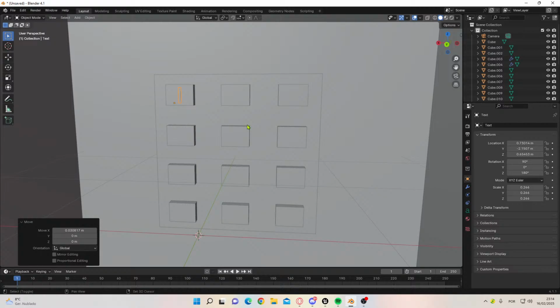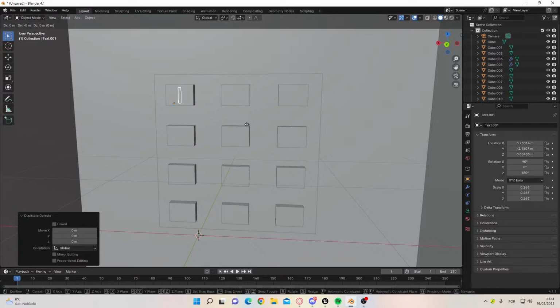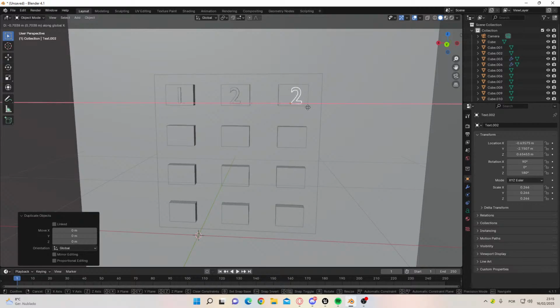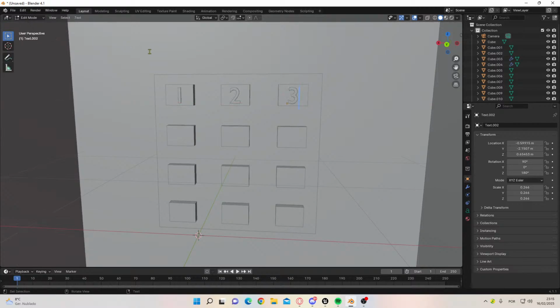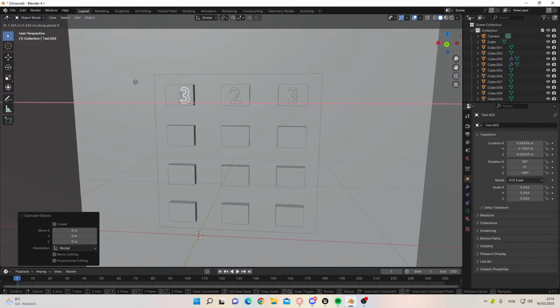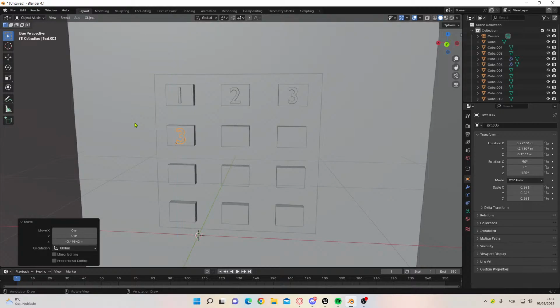Okay, let's shift D to duplicate it. G, X, center it, tab, 2, object mode, done. Then shift D, okay, G, X, tab, 3, just like this. Duplicate it. GX, GZ, 4,